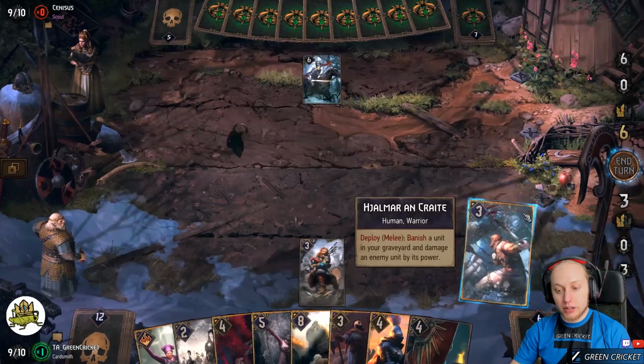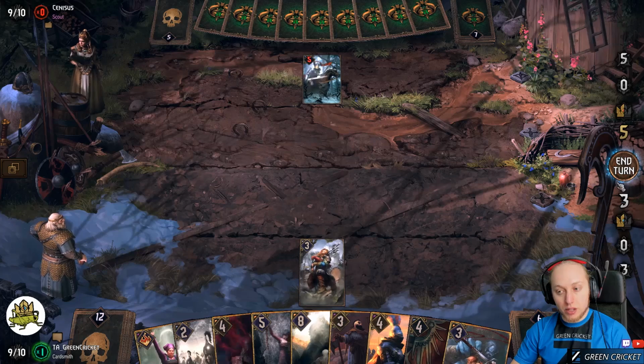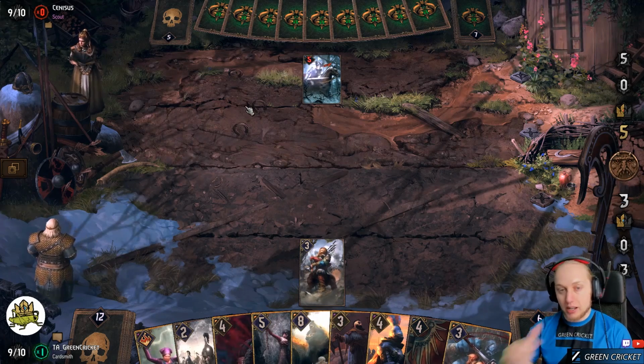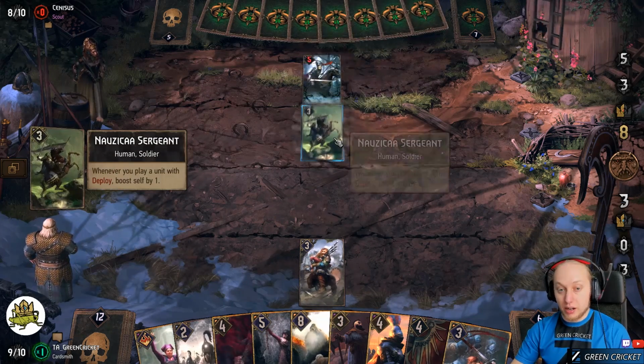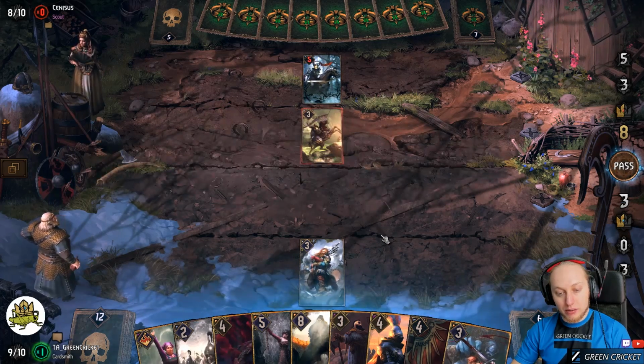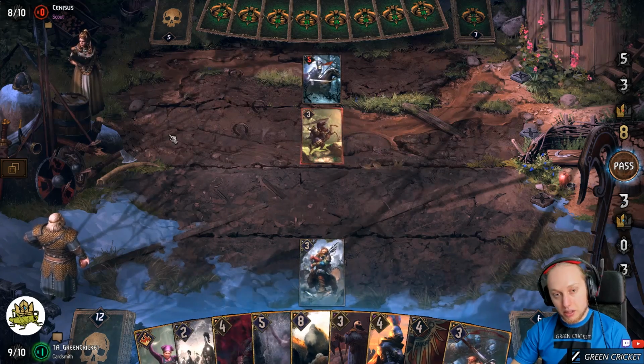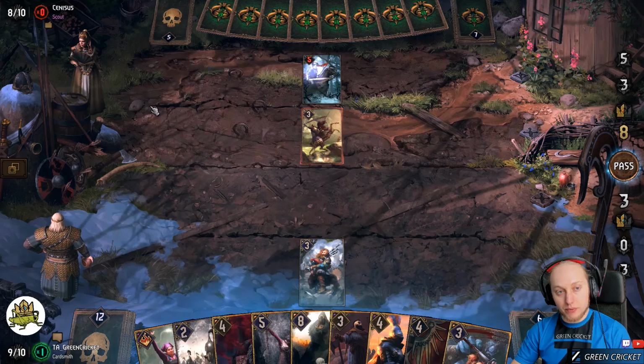Let's get rid of the Infiltrator. Yama, that's good. And let's wait a bit, maybe we want to get another nautical sergeant. Yeah, there you go. That's amazing. That's the target I actually really would like to kill. I can still wait around until we... Maybe. Depends if he is actually able to...